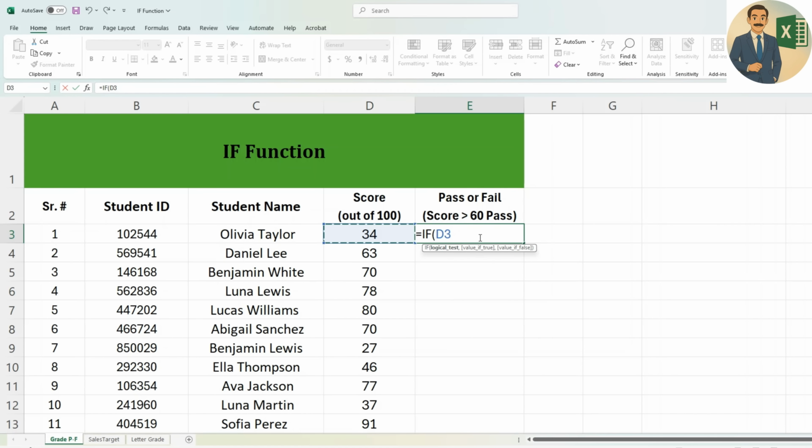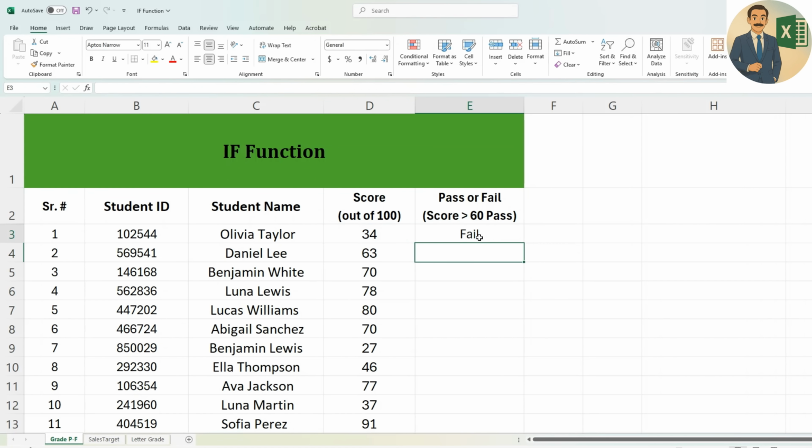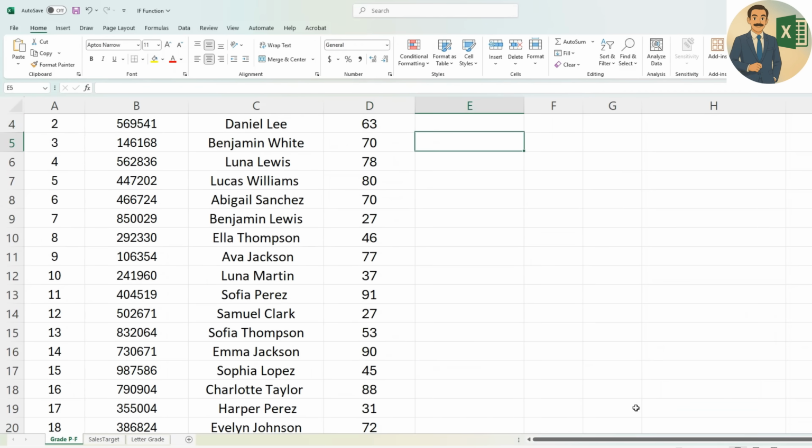So anybody who has a score equal to or above 60 will be considered as pass. Otherwise, if it's not meeting this condition, we can tell Excel to return the value as fail. And then close the bracket, and you will see that because this student has a 34 score, that is why it is fail. If you copy this formula down,